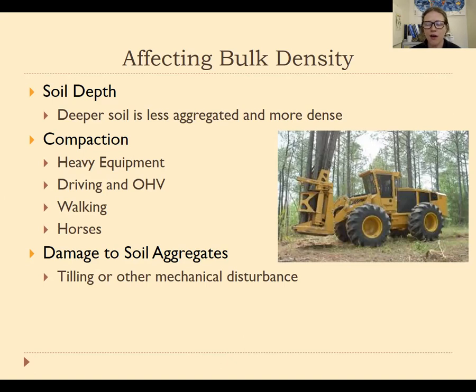And then other things that would change density are things that break down soil aggregates. And so this can relate to soil disturbance. So if we're doing lots of aggressive tilling of the soil and different kinds of mechanical disturbance, which may be intentional tilling for agriculture, but maybe other kinds of processes, that can break down the soil aggregates. And once the soil aggregates are broken apart, then they can actually fall back together in a more compacted structure. And so they actually become more dense once they're broken up, which sometimes people find a little bit counterintuitive.